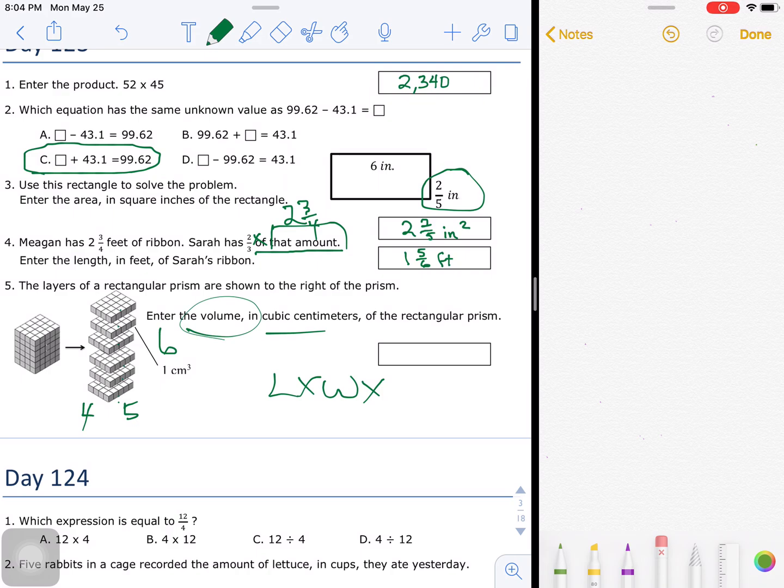So we can calculate those in any order. I'm just going to do 4 times 5 and then multiply by 6. So 20 times 6 is 120, and we end up with 120